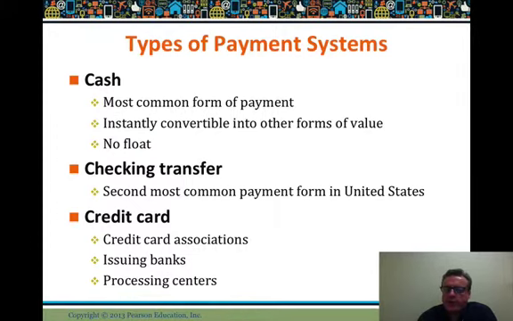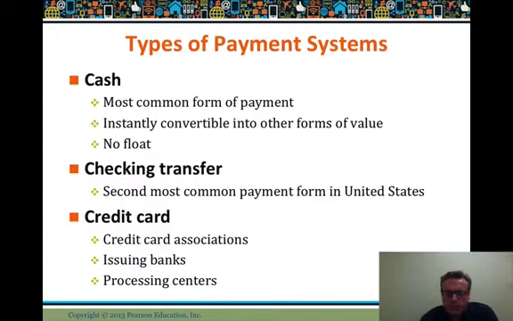Checking accounts, the second most common form of payment in the United States next to cash, can be used through bill presentment and what's known as ACH, Automated Clearinghouse, and that requires pre-account setup. And so that can be used online, but it's a little bit more cumbersome and a little bit more technical